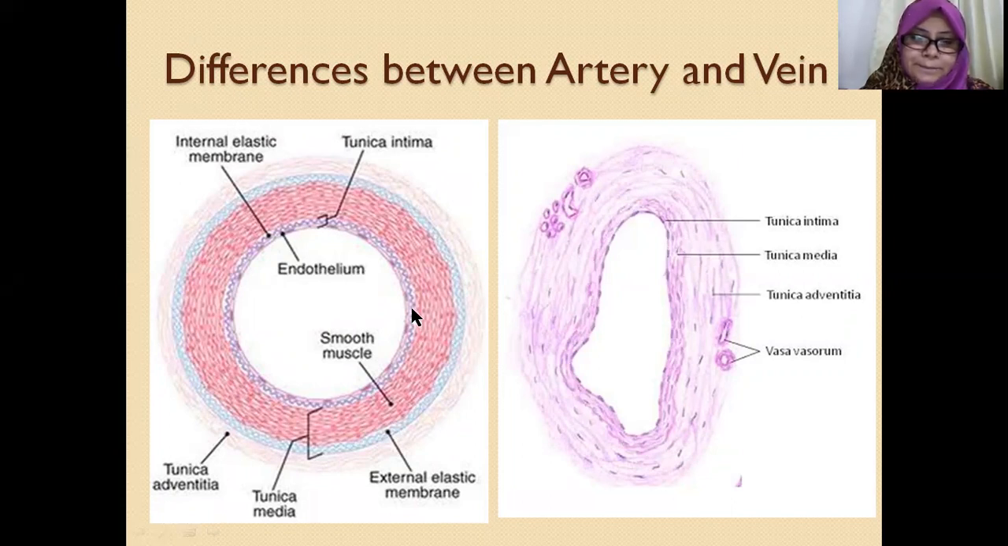And we can see in the artery, tunica media layer is thicker than tunica adventitia. And in the case of vein, tunica adventitia is thicker than tunica media. So these are the histological differences between